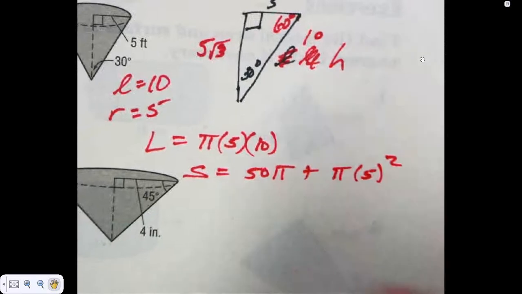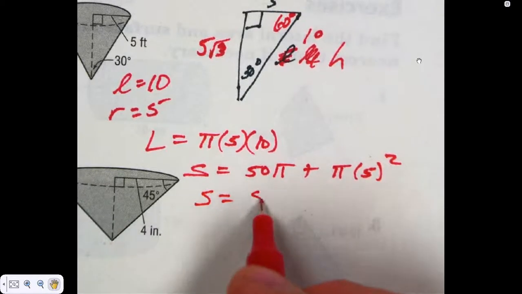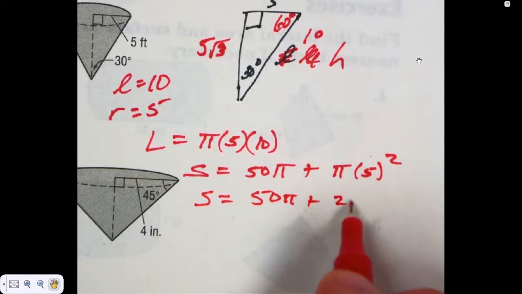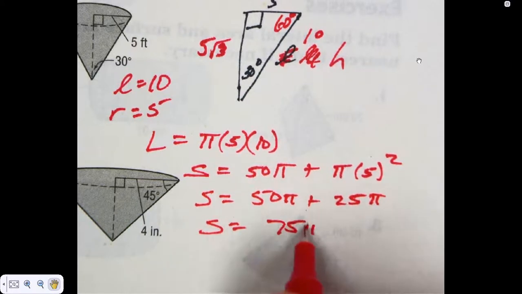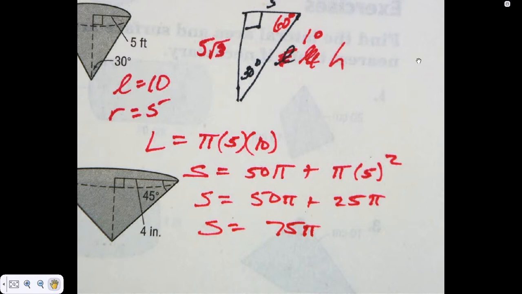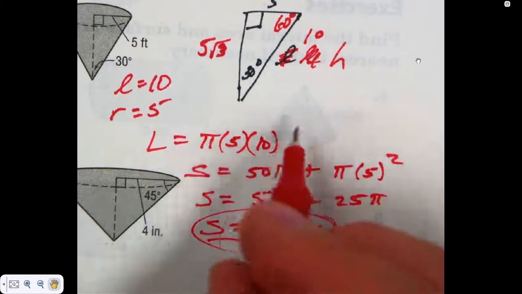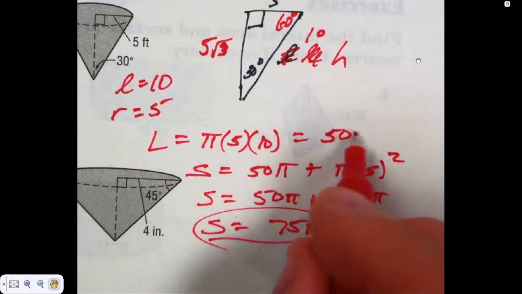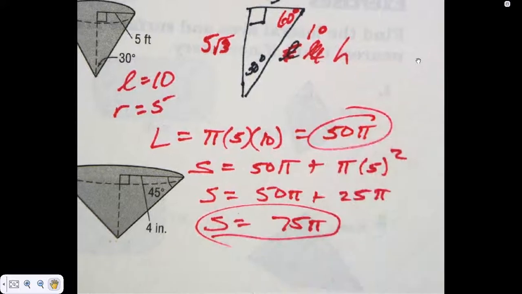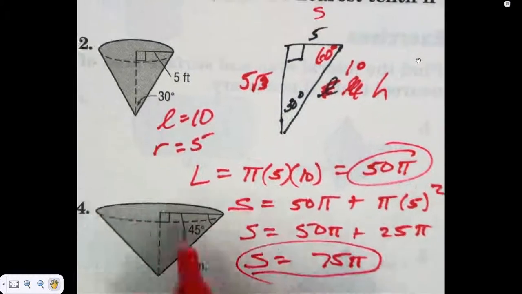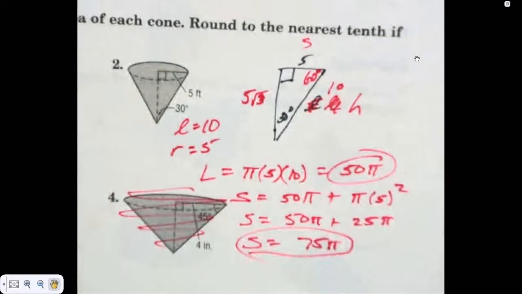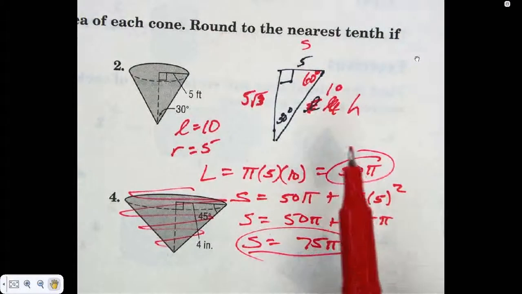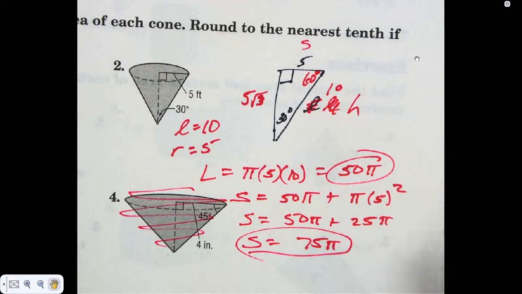Okay? You'll find that when you get into higher level math, leaving things in terms of pi is actually much more efficient, a much better way to do it. Like I'm leaving out the 75 pi because that's pretty exact. The lateral area here I'd have is what? 50 pi. But what do they ask for here in these problems? The nearest tenth. So, hey, it's not that hard. You did it in terms of pi, just multiply 50 times, then press the pi button, press equals, and round it to the nearest tenth, correct? You guys can do that. 157